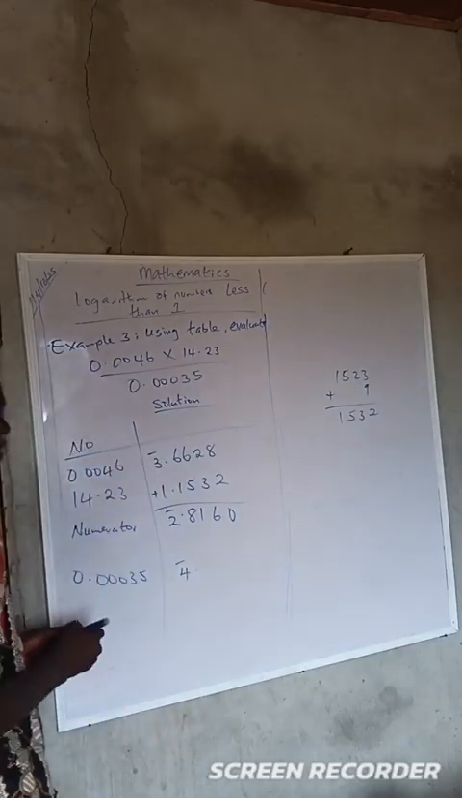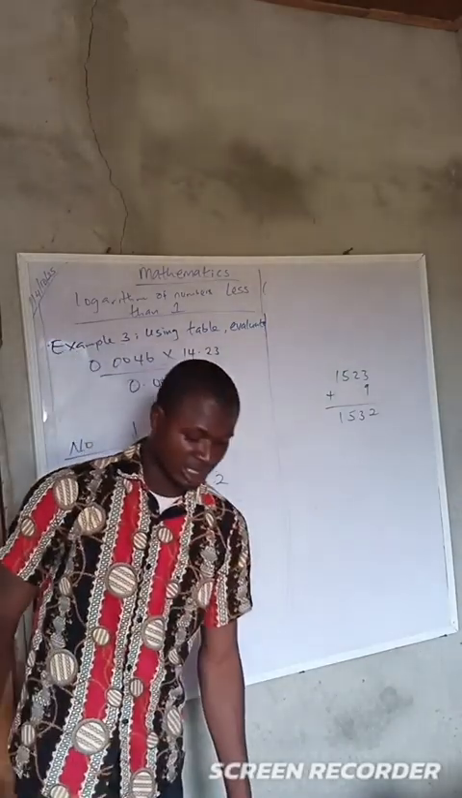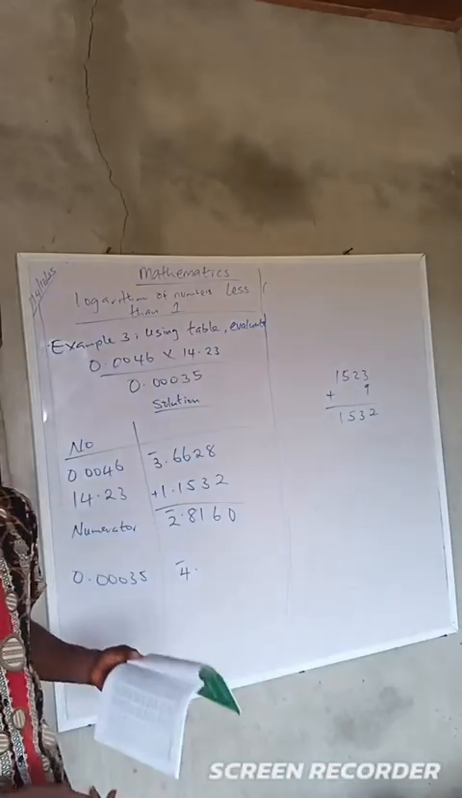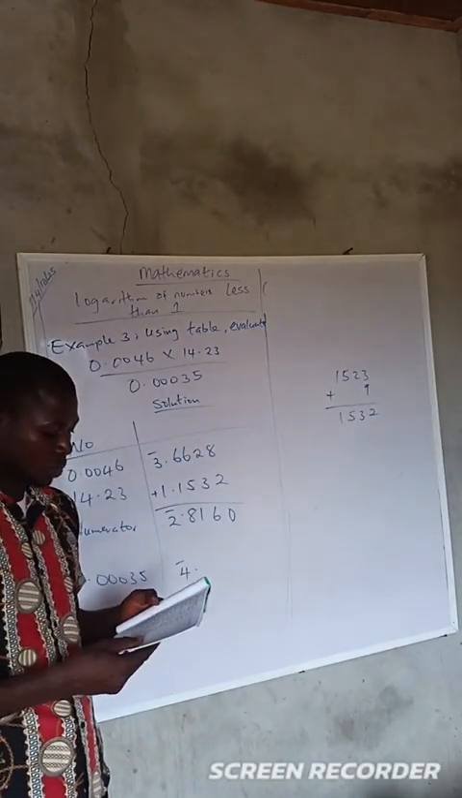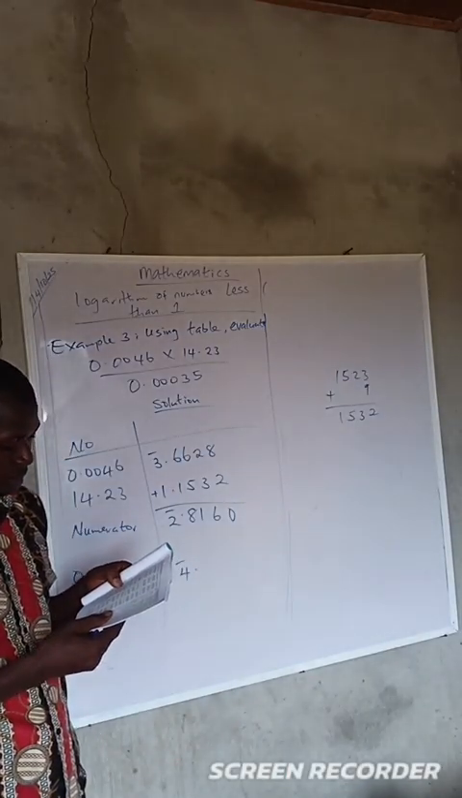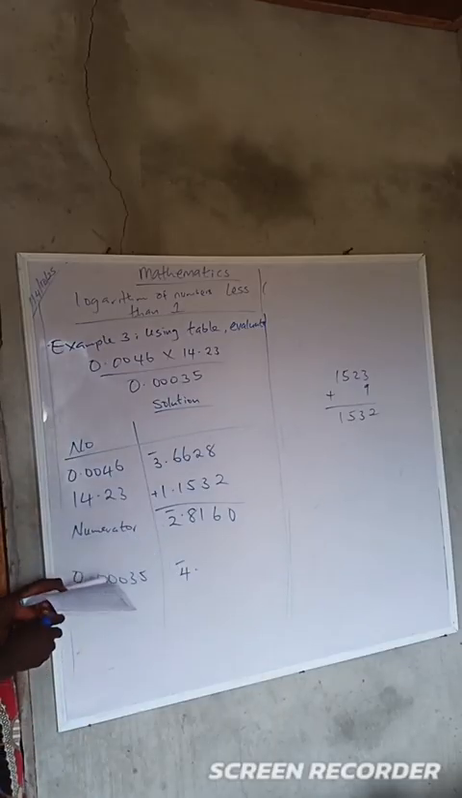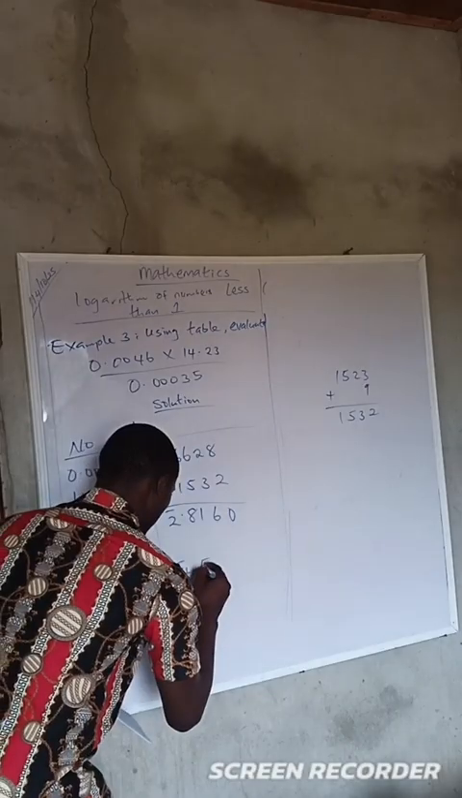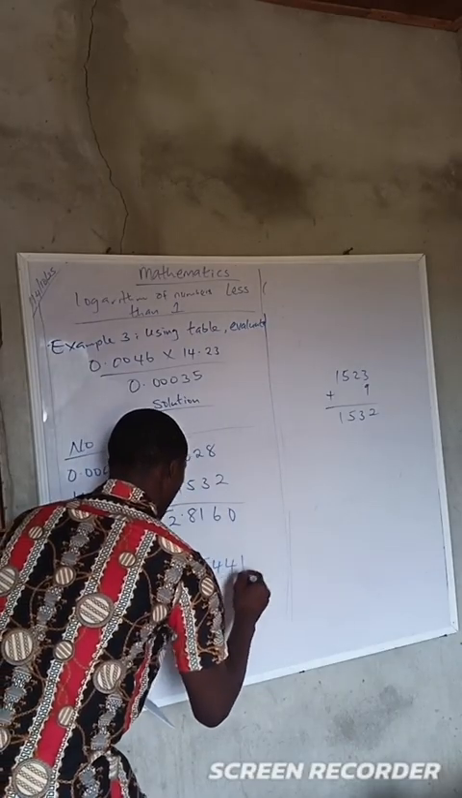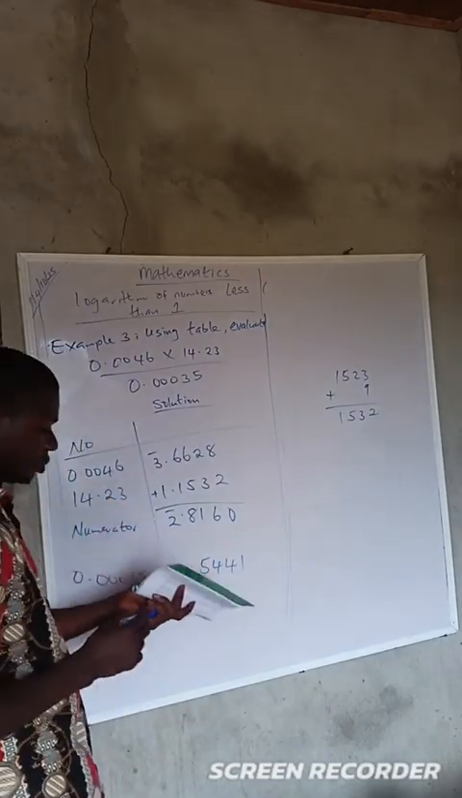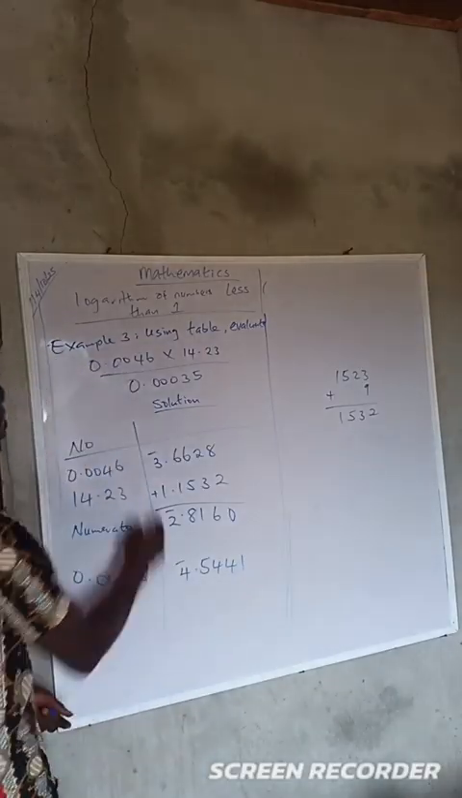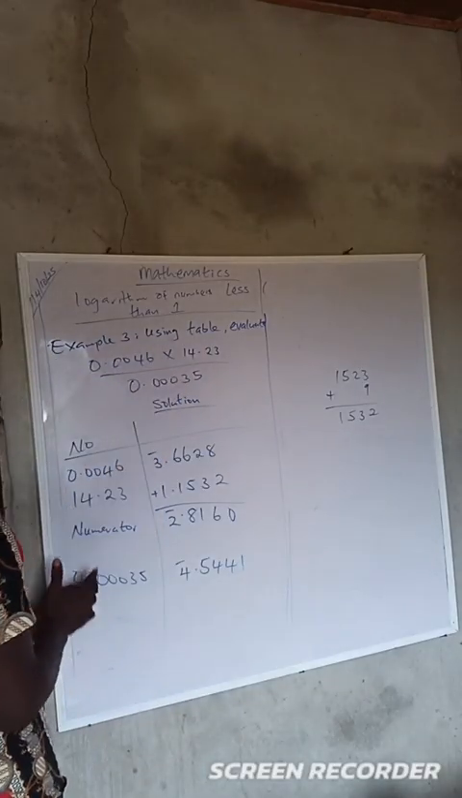Point. Now, what do you check? You check 35 under 0. 35 under 0 from the table is 5441. Now, when you look at this thing, you will see that the numerator and the denominator were separated by